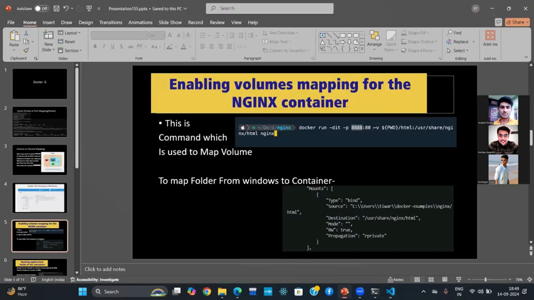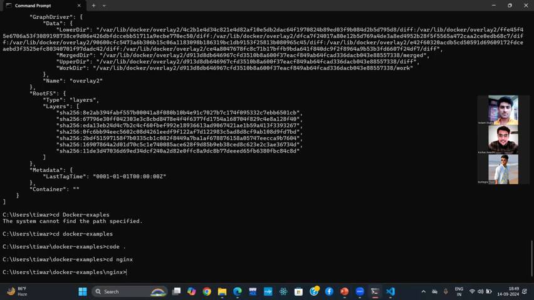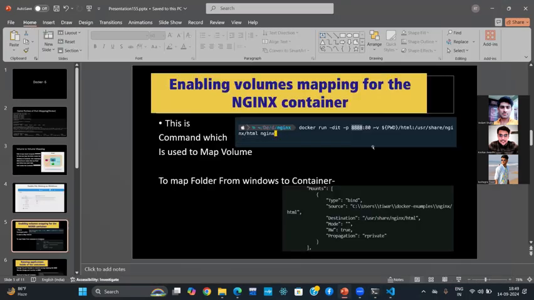So just we go here and you see the command. Firstly, I change here to nginx. We are on the nginx folder. Okay, so docker run -dit -p. This is a port number which maps to 80, -v का मतलब यहाँ पर क्या है।